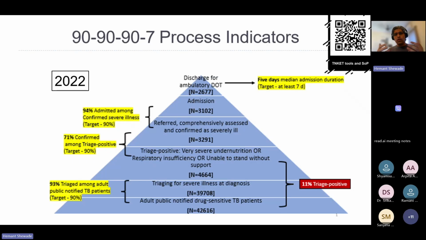Even after 3 quarters of implementation, even for a state like Tamil Nadu, even after having simple triage criteria using 5 triage variables and 3 triage conditions, it did not meet the process indicators. So imagine if this is implemented in other states. Hence, this is one of the evidence in favor of having simple triage related indicators as a part of differentiated TB care.